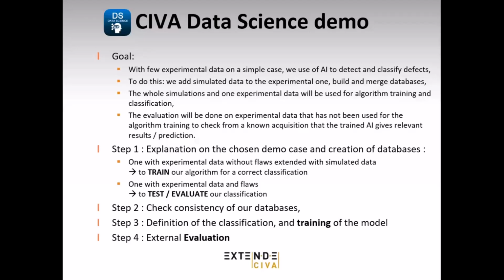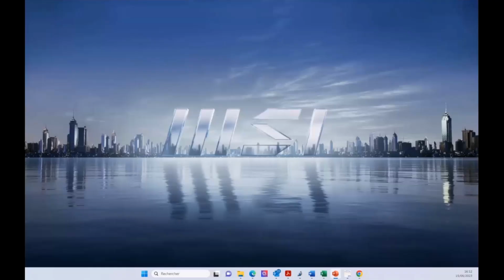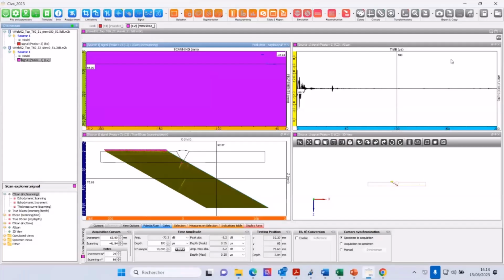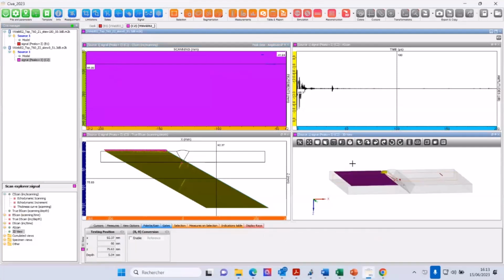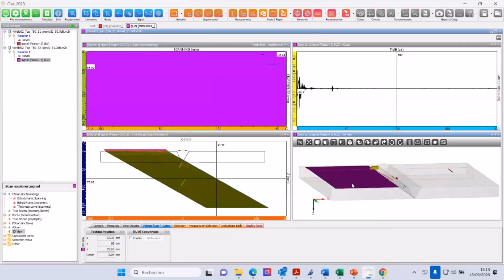So let's go now directly into CIVA to show you a little bit that. So here I have loaded two experimental acquisitions. What you see at this stage, I'm not yet on the CIVA DS module of CIVA. I've just loaded two acquisitions.